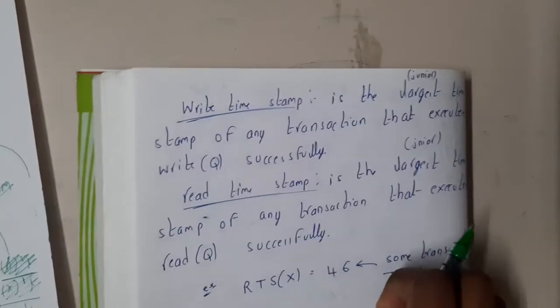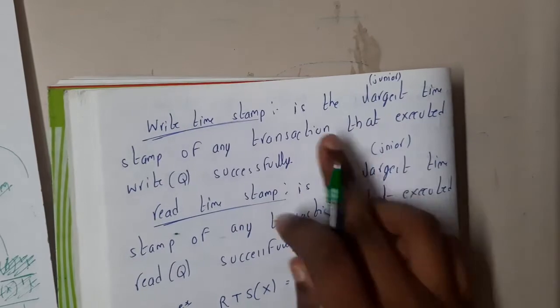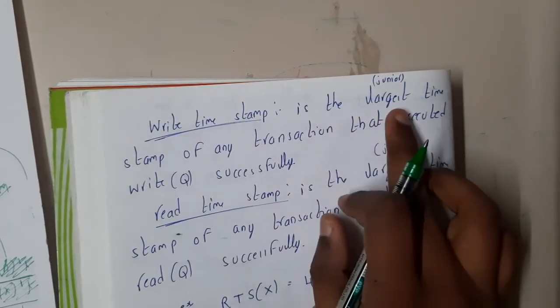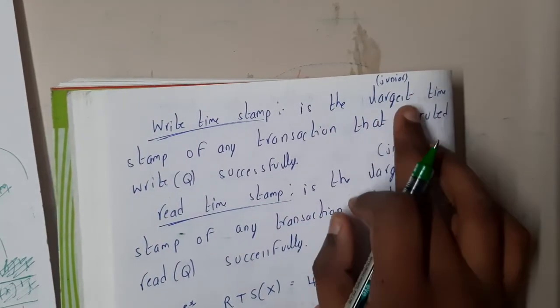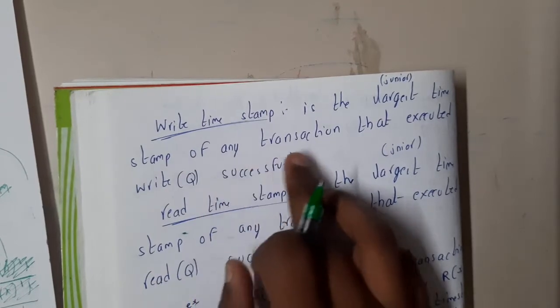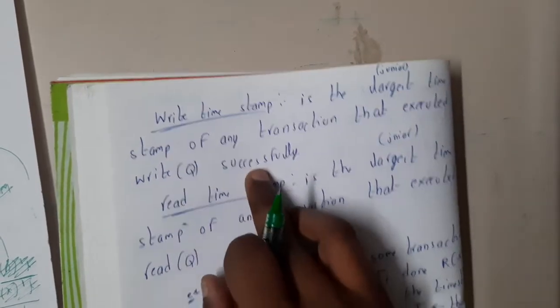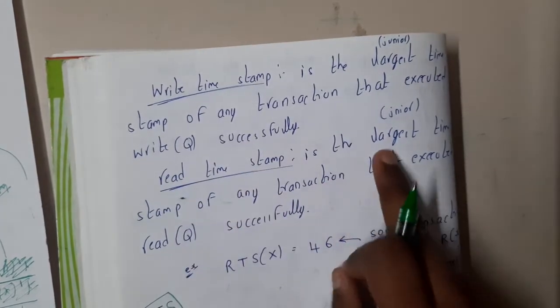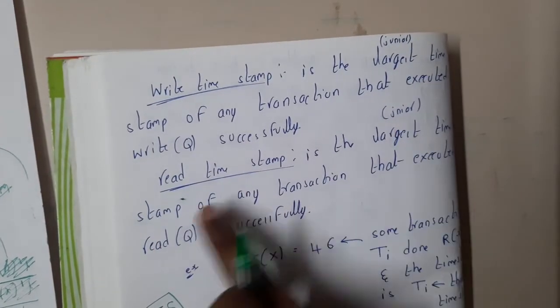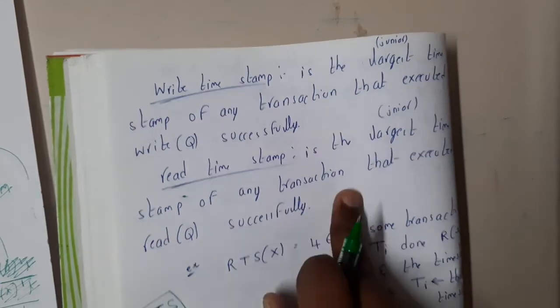Okay, so let us go through the theory now. Write timestamp is the largest timestamp of any transaction that executes a write operation successfully. So who will have the more time, guys? The junior. Similarly, read timestamp is the largest timestamp, that is nothing but the junior timestamp, of any transaction that executes a